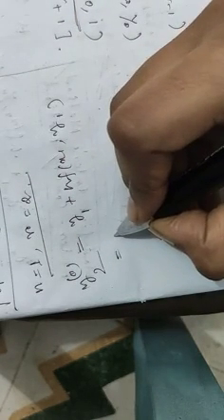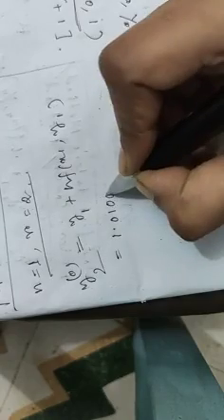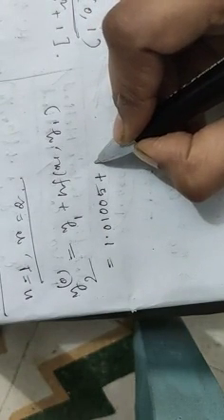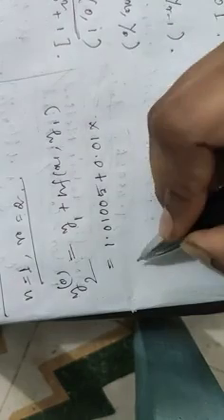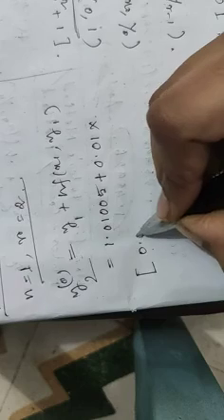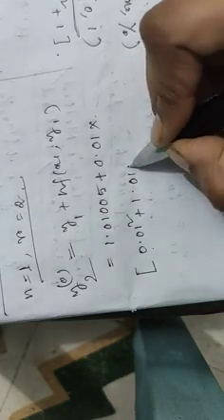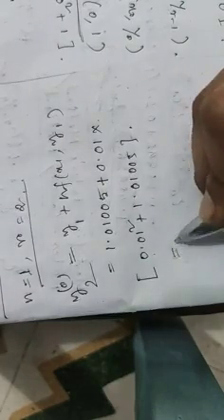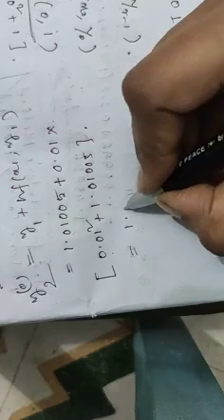That is, y1 is 1.01005, that value, plus h is 0.01 into the functional value, that is 0.01 its square plus 1.01005. So it will become 1.02015. We got the initial approximation. Now we will take n equals 1 and r equals 2 to get the results by applying modified Euler's method.